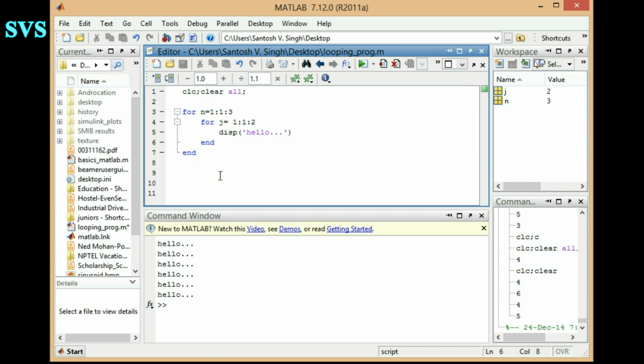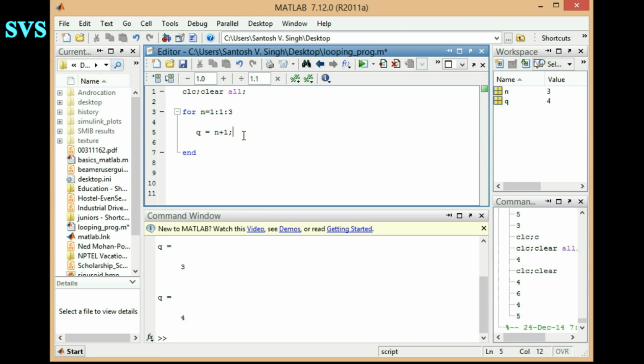Let's try with some more ideas related to that loop. We'll change this example for the time being. Let's say we'll only consider one basic for loop, and let's try performing some summations or some mathematical idea. Let's say q equals n plus 1. So n will be going from 1 to 3. So q will be having summations, or q will be displaying its value.